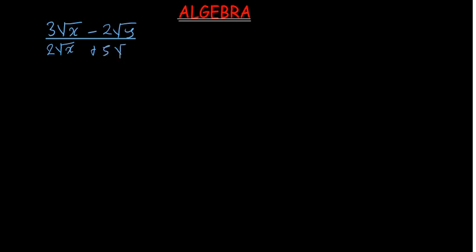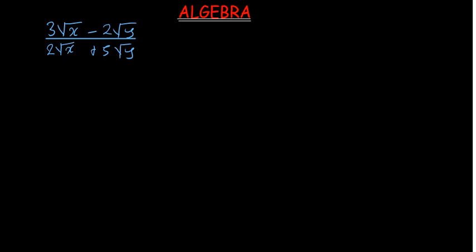So let's say we have been given 3 root x minus 2 root y, divided by 2 root x plus 5 root y. So what we're going to do here, for us to simplify this, we'll try to